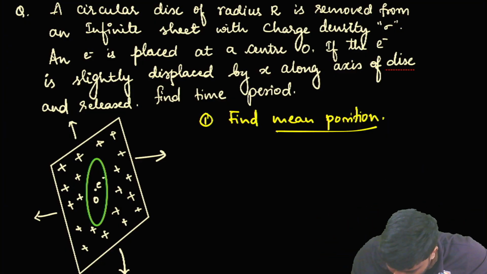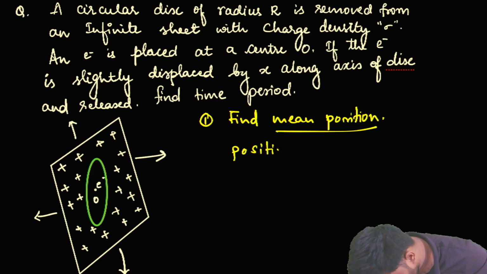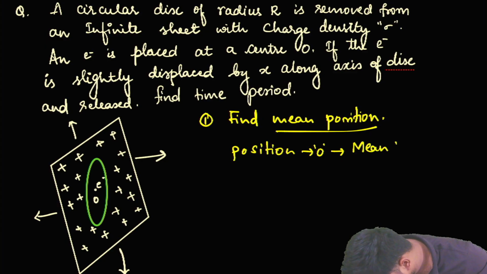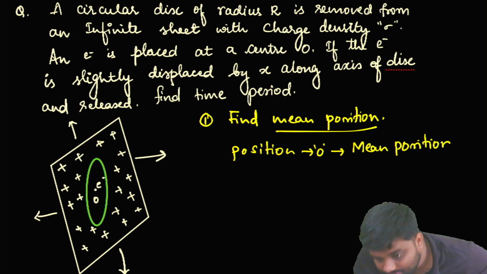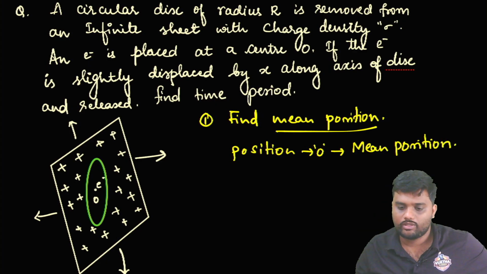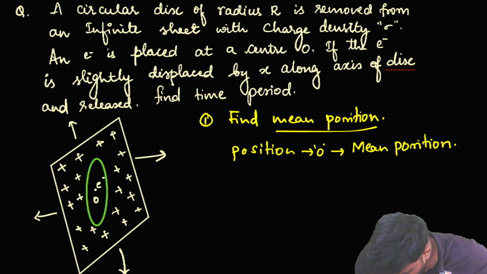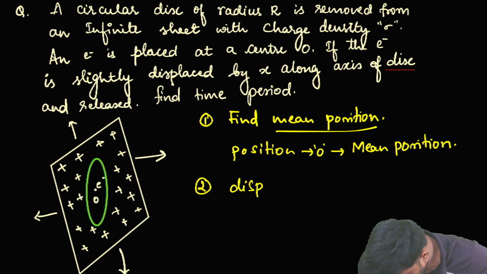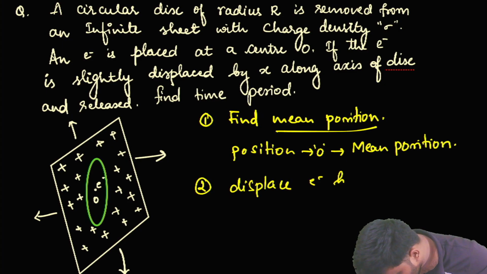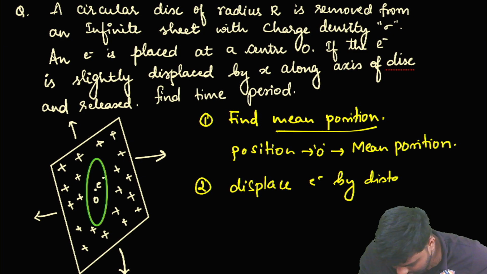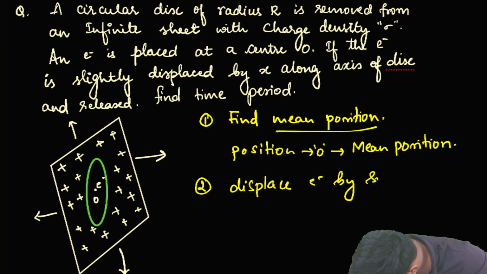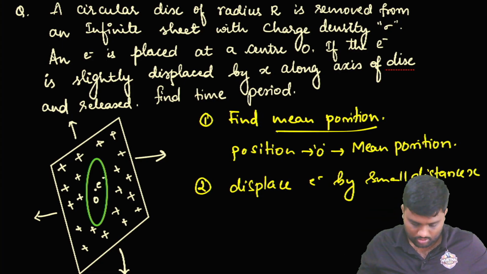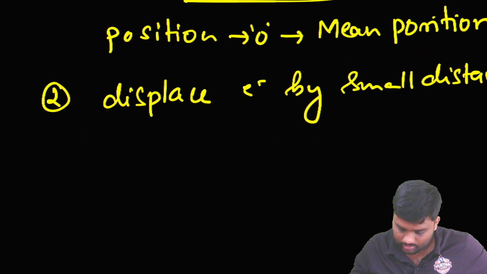That means here O itself is behaving like mean position. ಫಸ್ಟ್ ನೀವೇನ್ ಮಾಡಬೇಕು, ಮೀನ್ ಪೊಸಿಷನ್ ನ ಫೈಂಡ್ ಔಟ್ ಮಾಡಬೇಕು. ಮೀನ್ ಪೊಸಿಷನ್ ಯಾವ್ದಿಲ್ಲಿ, O itself is a mean position. Now displace the electron by distance x, small distance x. So now what happens, here